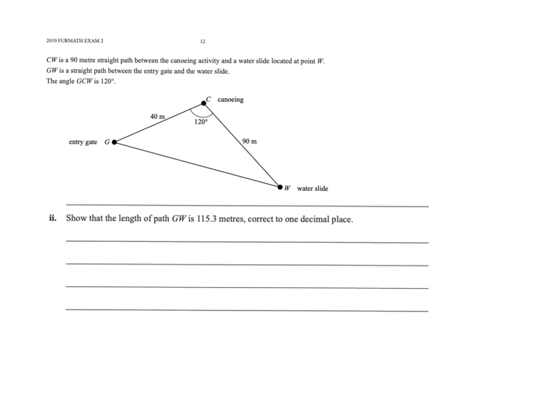Okay, so CW is 90 meters, a straight path between a canoeing activity and a water slide located at W. We've got a diagram down here. GW is a straight path between the gate entry and the water slide. This was taken from a previous question which needed this diagram, so I've just popped it in. If it doesn't make sense because there were a whole heap of other questions before it, you can still go from this point on because it just says show that GW